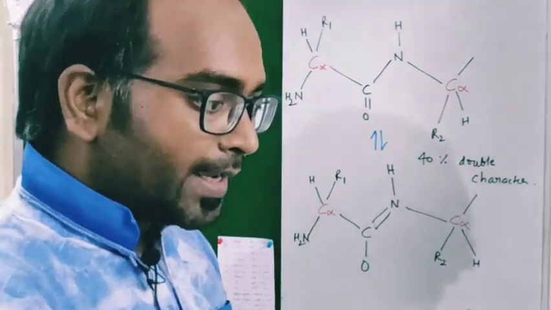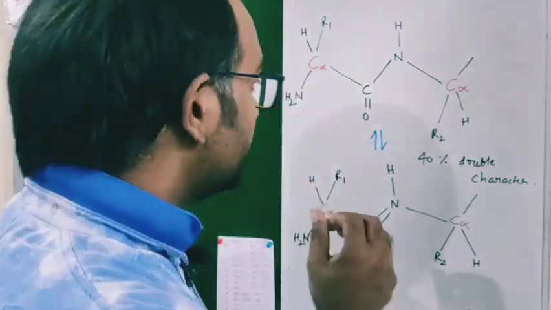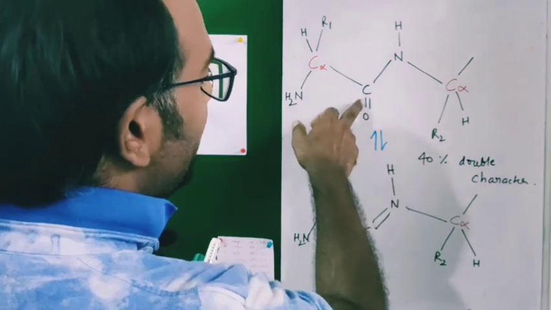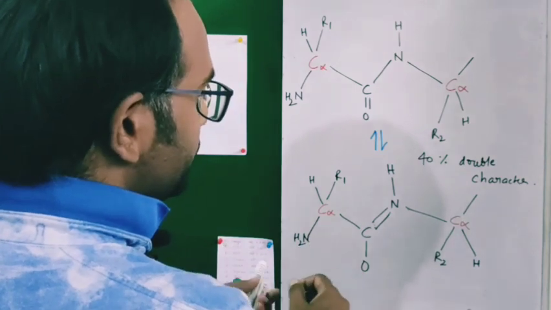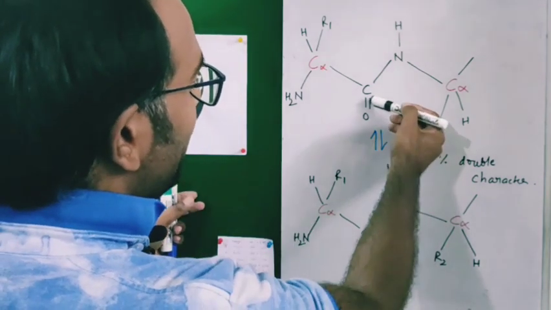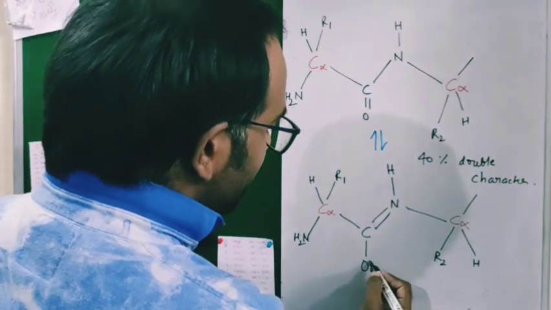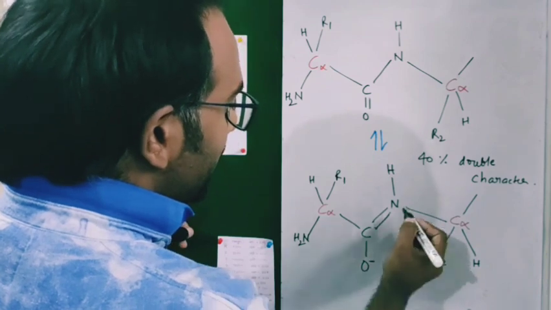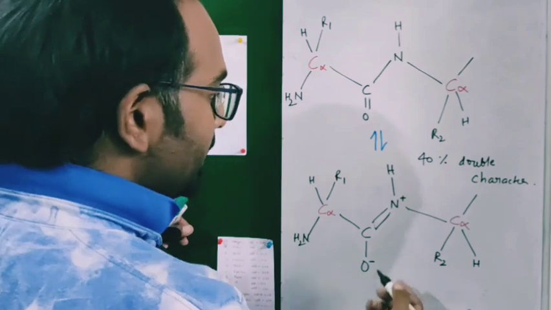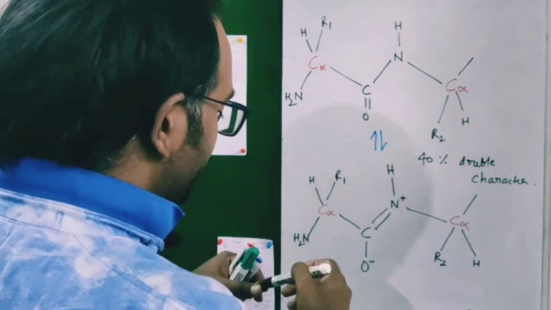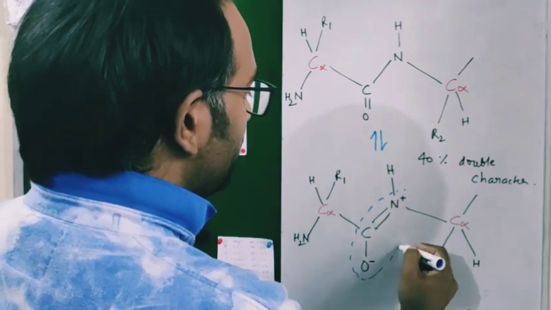Now the next point is how a small dipole is formed at the peptide group. As I told you, the double bond or the pair of electrons can resonate between the carbonyl carbon and the amide nitrogen. So when this pair of electrons shifts from the carbonyl carbon to the amide nitrogen, a negative charge comes over oxygen and a positive charge occurs at nitrogen. So due to this, a small dipole is created over here. This acts as a small dipole.